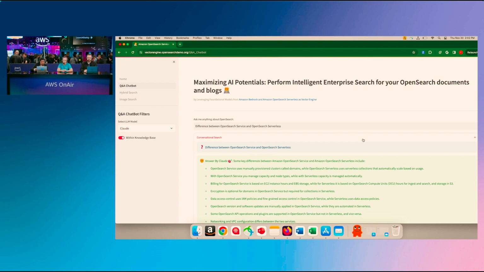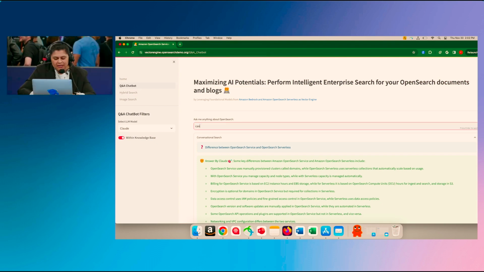It runs a k-nearest neighbor or approximate nearest neighbor algorithm to find the closest match. A good example is this particular demo, where we loaded up all the OpenSearch manuals and blogs into this RAG framework. Earlier, if you had to find out how to configure VPC on OpenSearch Serverless, you had to make sure you had the exact match. But here, you can just say, can you help me configure VPC on